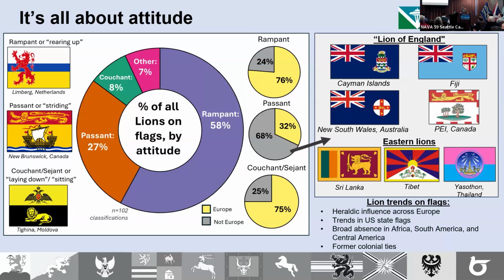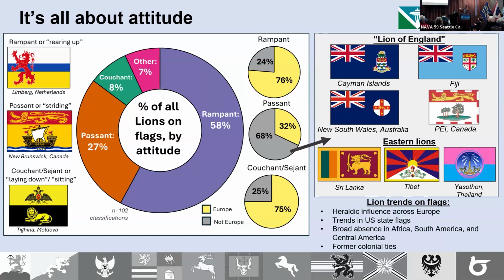Lion symbols date back to at least the 11th century with the development of heraldry, and specifically the English lion. They were originally supporters of shields on flags or coats of arms. They expanded in the 13th and 14th century and include lots of other countries like modern-day Spain, Austria, and Germany.